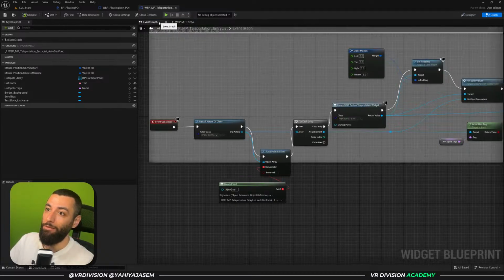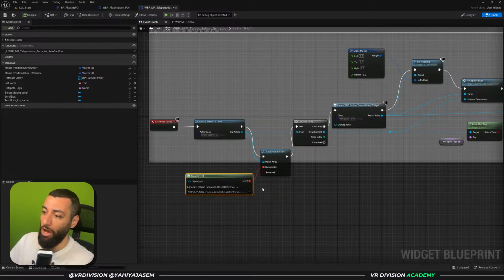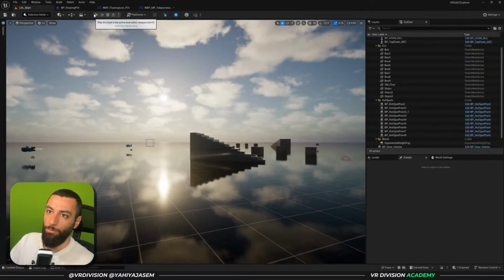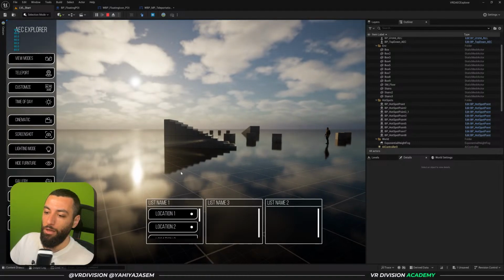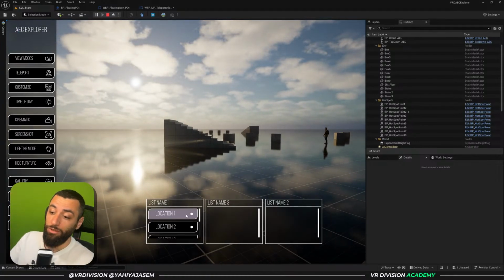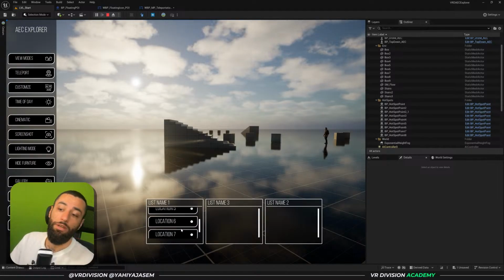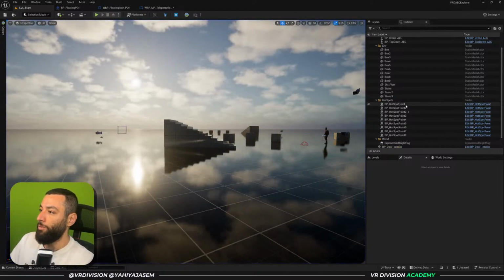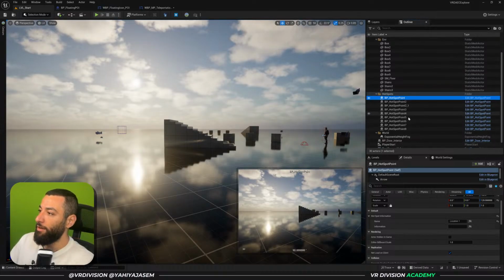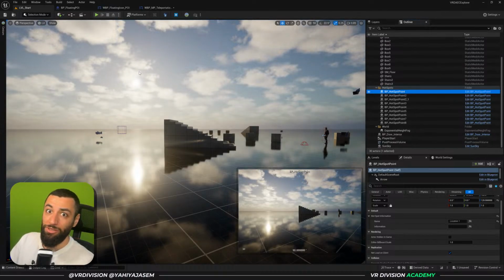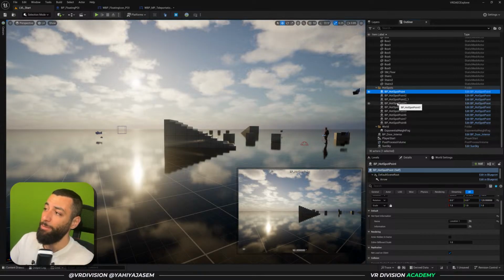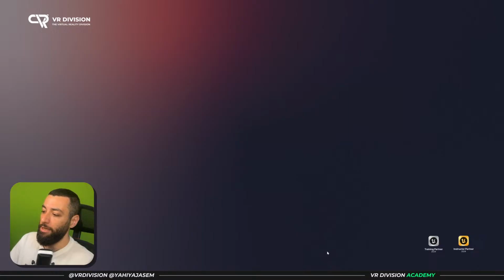Which blew my mind because I spent at least 20 hours researching a solution for this. So just by doing this now, if you click on play and let's bring this, they are sorted. Location 1, 2, 3, 4, and so on. So that's amazing. And that was really important for me to sort my points of interest, my hotspots in the project, because in the project here,